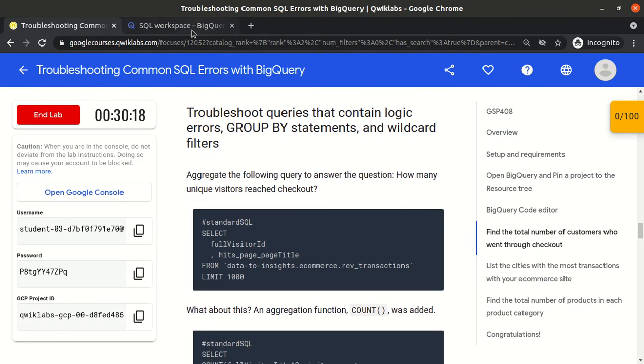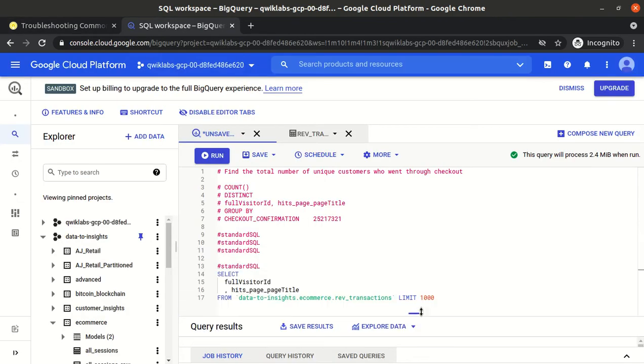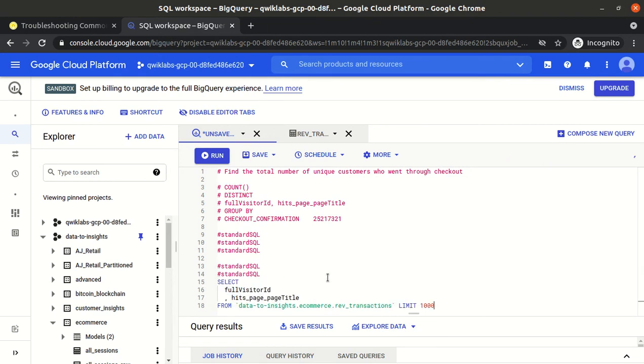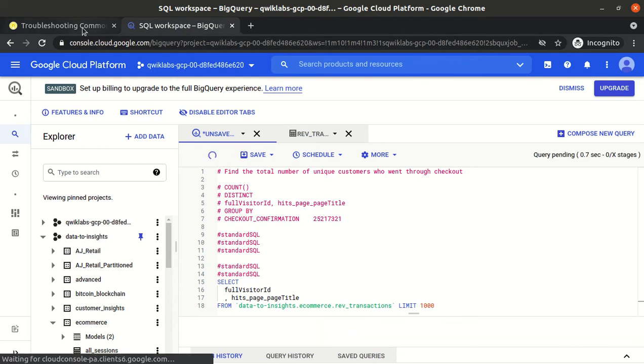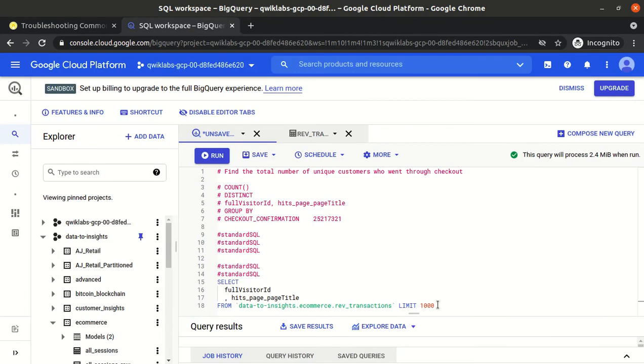Now they give us one more query. I think this is the same query. The query is correct but not as per the given scenario. Now they give us another query. We need to find whether this is correct.